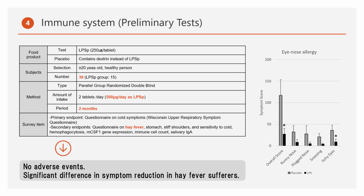This study was conducted for preliminary tests of the immune system. 30 healthy volunteers had consumed 500 micrograms of LPS per day for 2 months. As part of the preliminary tests, various physical symptoms were examined. Among these physical symptoms, allergic symptoms in the eyes and nose during the study period were assessed in individuals with eye-nose allergy. The results demonstrated that the severity of symptoms was milder in the LPS group compared to the placebo